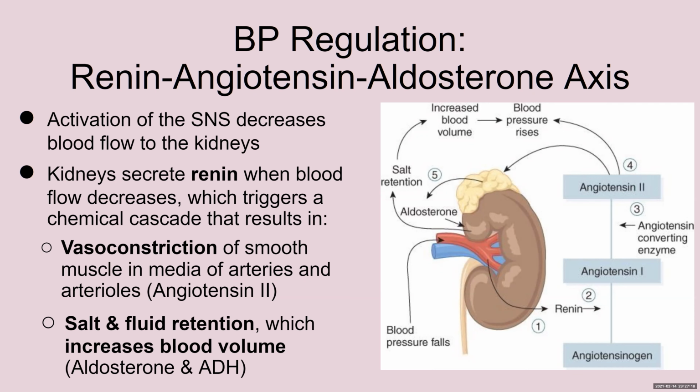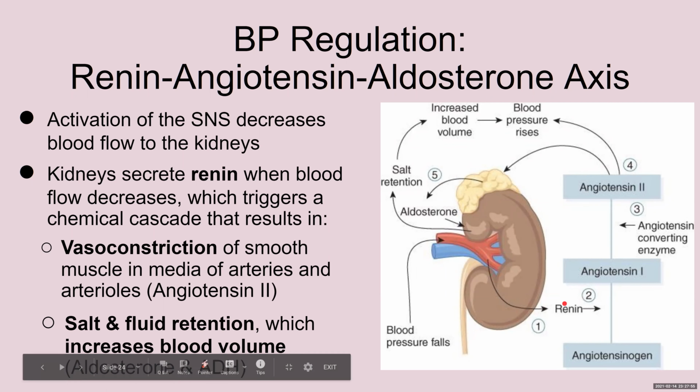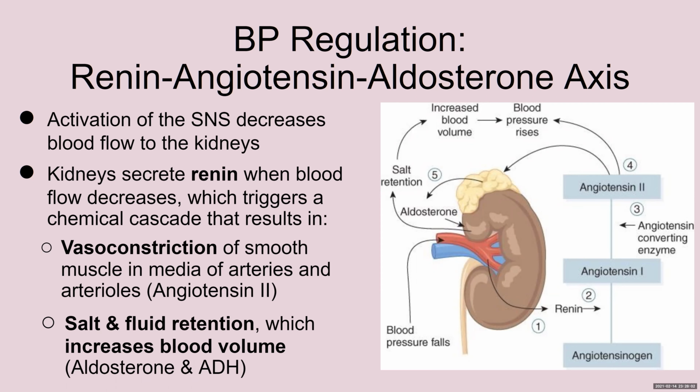So whether it's because of the sympathetic nervous system or whether it's because we just lost a whole lot of blood volume, the kidneys also sense that it's not getting as much flow. And the function of your kidneys is basically to filter out your blood. And so whenever it doesn't get as much in, then it activates the system. So it activates renin, which acts in a couple of different ways. For this particular system, I'm okay if you don't have it completely memorized. But basically, a decrease in blood flow results in kidneys secreting renin, which triggers this chemical cascade